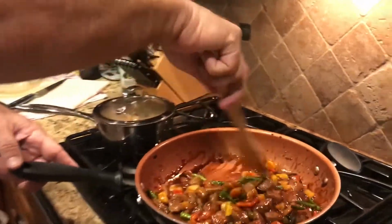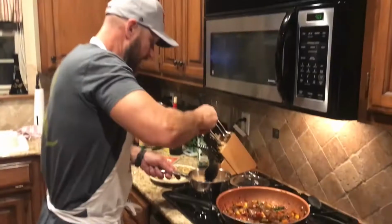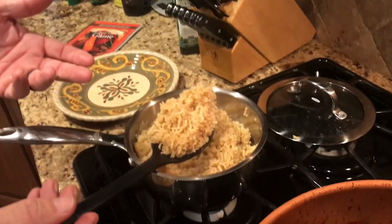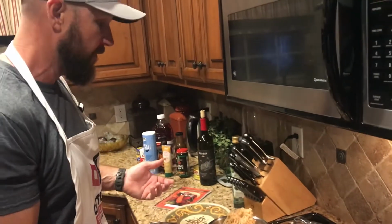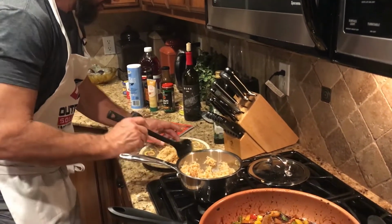Cook for just a little bit. All right, so now we are ready to serve. We got a little bit of, now this looks like brown rice. Actually, it's white rice, but instead of using water, I used a beef and vegetable broth instead, and gives it a great flavor. So we're gonna plate this up, and this first serving is actually going to be for my